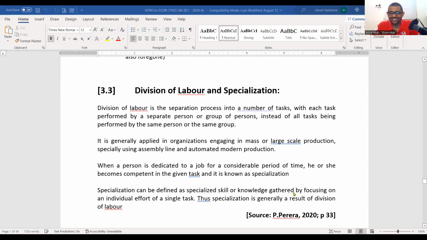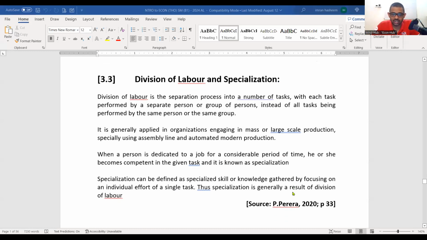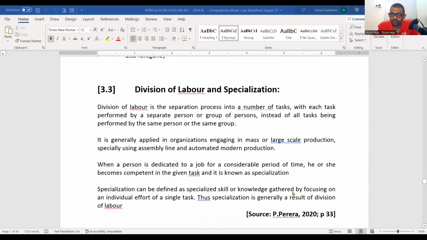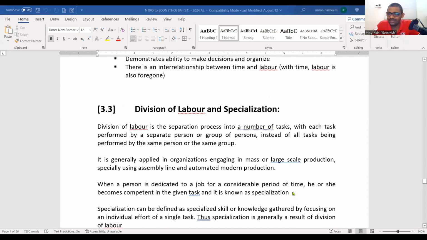So in terms of your study material, that is exactly where I am. Division of labor and specialization, page number 42, which means everything above this we have completed, especially the characteristics of labor. What is labor? What are the determinants of how much labor resource a country has? The population, the health and physicality of the population, then the education standards of the population. Then we went through a whole list of things that are the characteristics of labor.